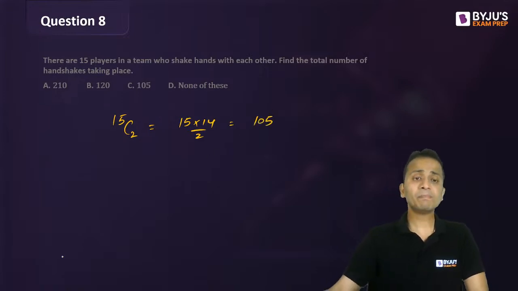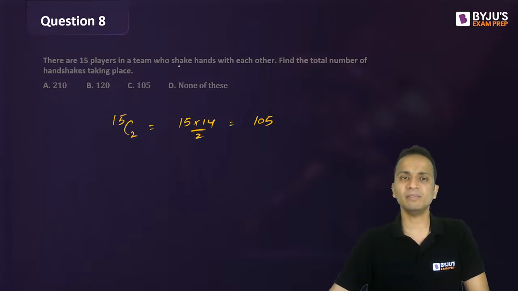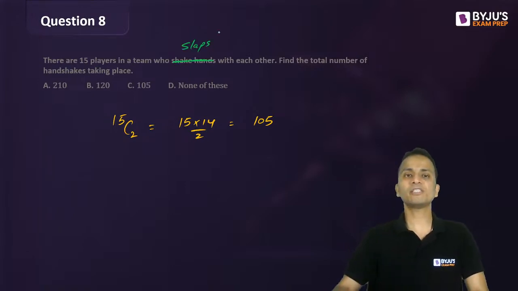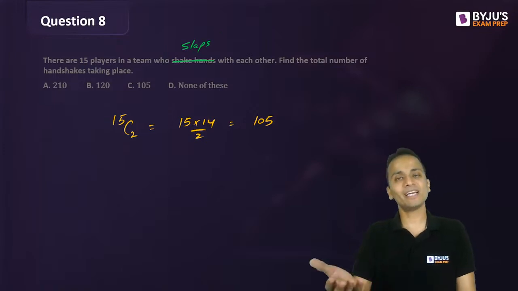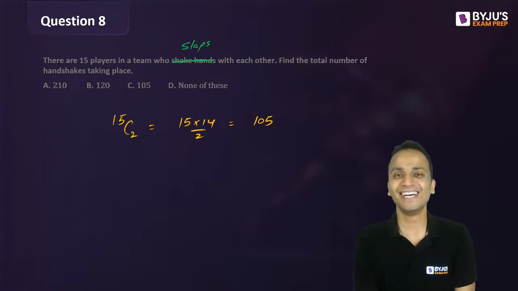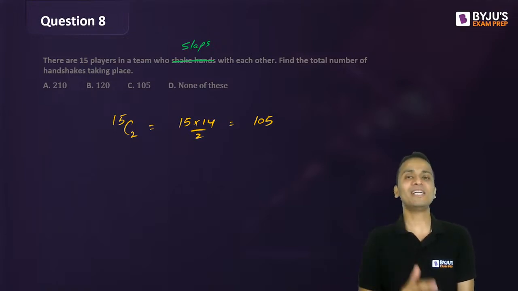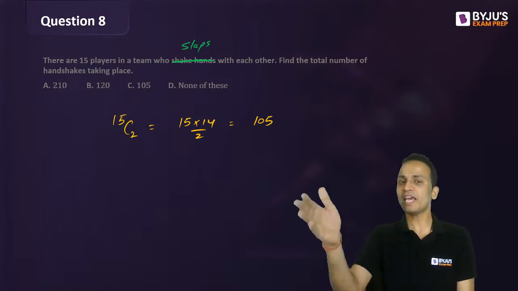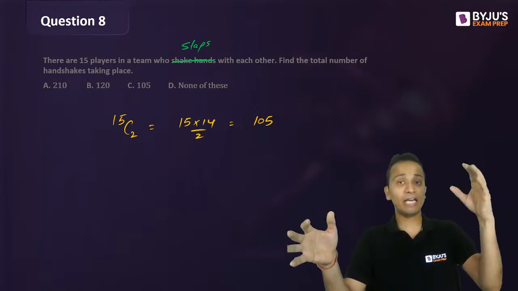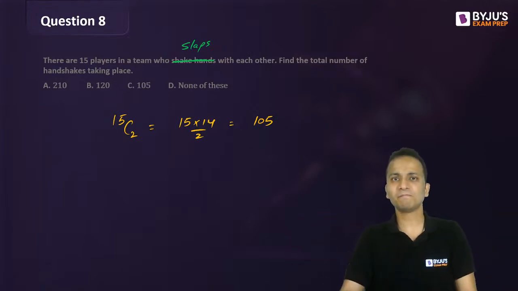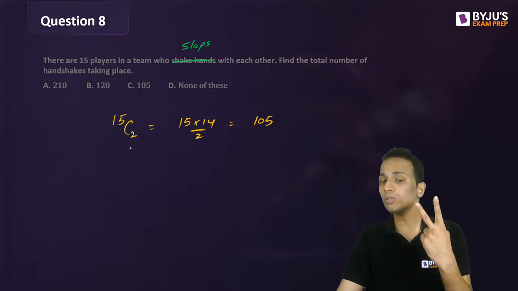Okay. Now people, instead of this question, if I say that there are 15 people, such that every person slaps every other person. So every person slaps every other person, okay? So slap or whatever, okay. So I'll call it slap. So if A will slap one person, that person will also slap A. Okay, so now between two persons there will be two slaps.